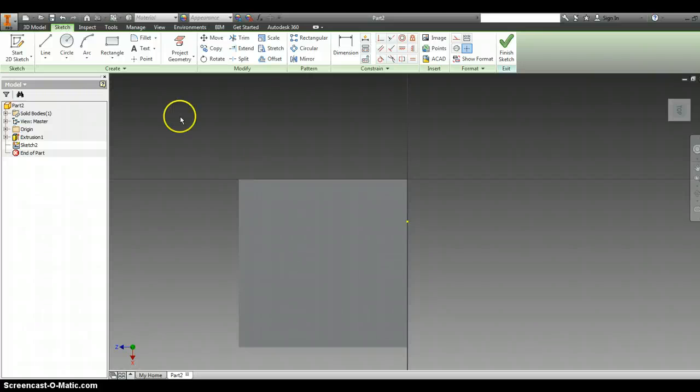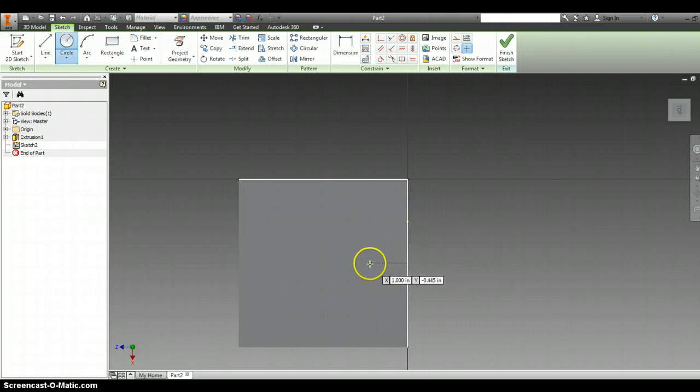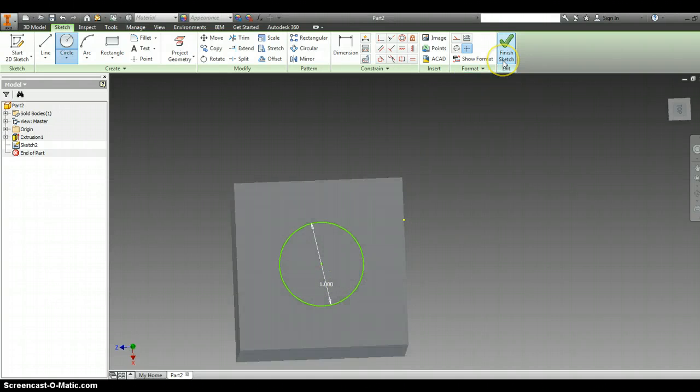We're going to find the very center for the circle. So we're going to do that the same way. We're going to follow this little yellow line over till it turns green and follow that dashed line down. And then we need to do the same thing from the side. So we can find the very center. We're going to left click, and according to your directions, this circle is 1 inch in diameter. You're going to finish sketch,